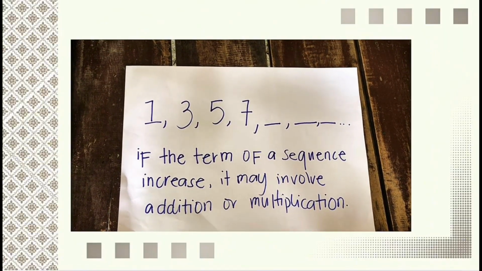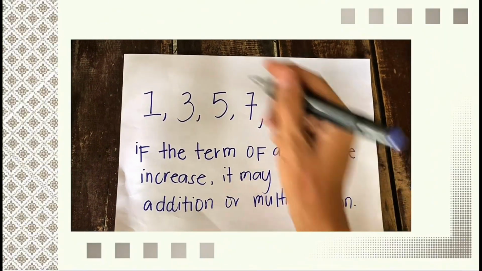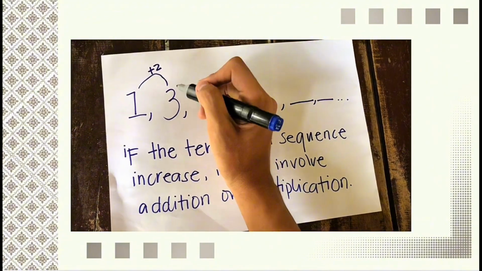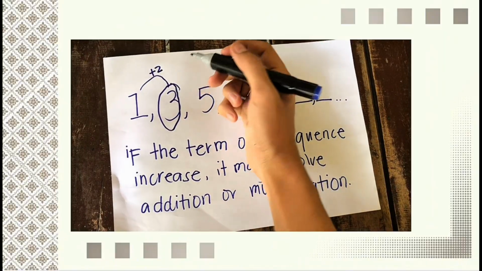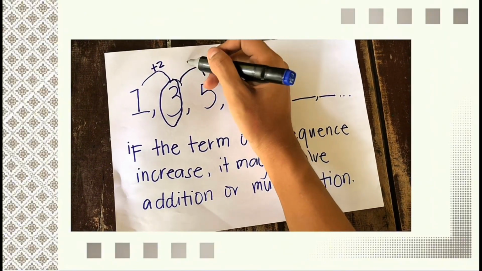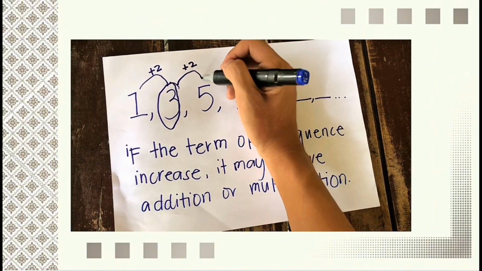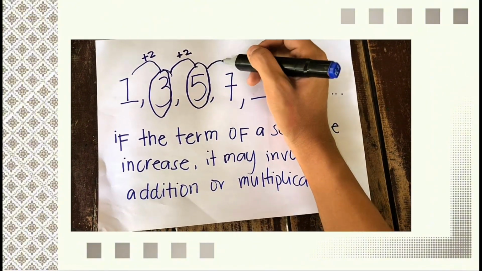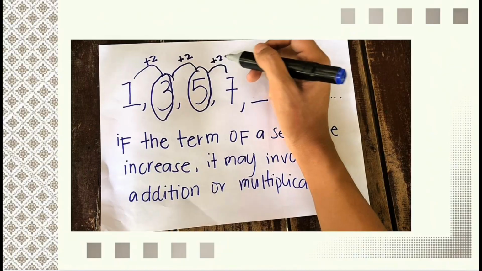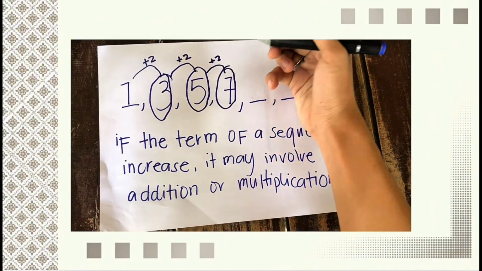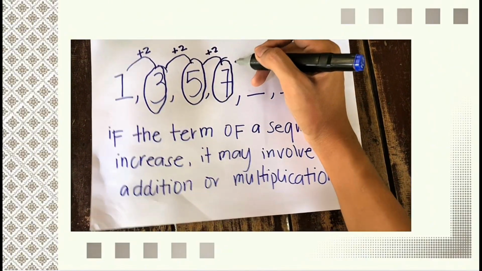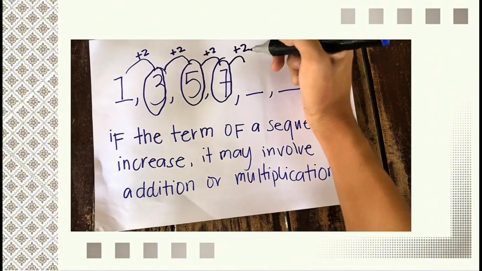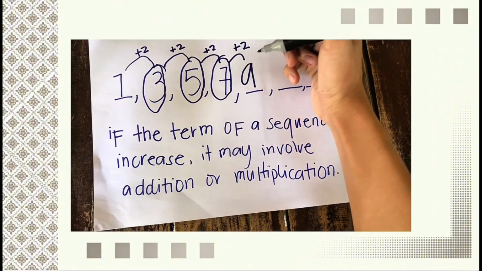To know the common difference, we have to subtract the first term from the second term. So 2. So 1 plus 2 is equal to 3, so that's why 3. Then 3 plus 2 is equal to 5, so that's why I circled the 5. And then 5 plus 2 is 7, so that's why I circled the number 7. So 7 plus 2 is 9, so that's why